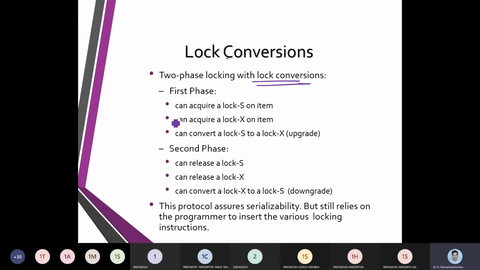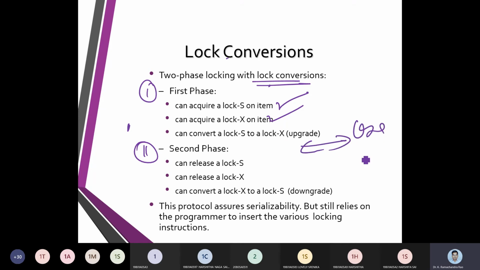That is, one is called phase 1, two is called phase 2. So in phase 1, it will acquire lock on X, it will acquire lock on S, X, etc. In between, it is going to use the item.